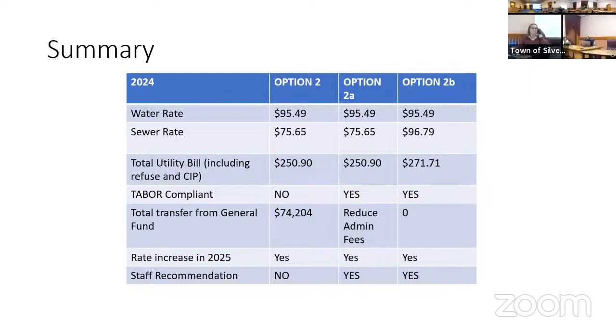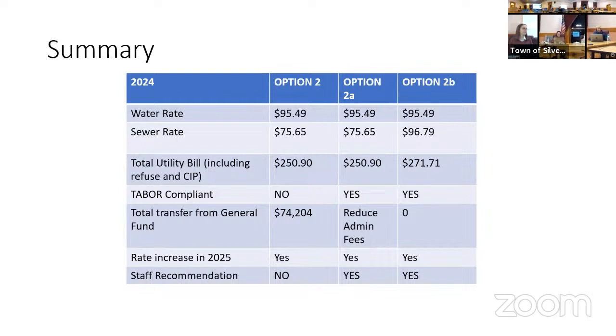Do we know what our per household costs are compared to other regional communities? Not off the top of my head. I think that with any of these options, there's going to be some upset people, and it'd be interesting to know what our per household costs are compared to Ridgeway and Ouray and Salida and Buena Vista. And I know there's nothing we can do about it in the short term. There's certainly things we could do about it in a year or 2 years to subsidize those costs.